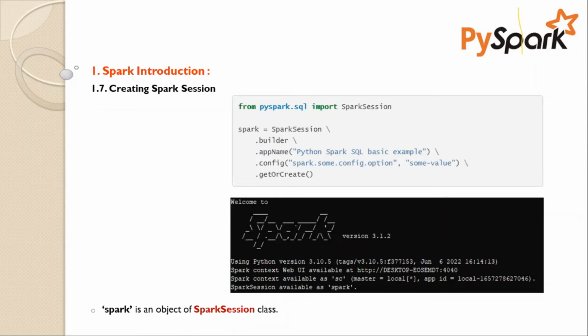what drives our application. In real time we have to mention the Spark cluster name, but when we practice, generally we won't use YARN as a cluster manager. Okay, YARN is a cluster manager.